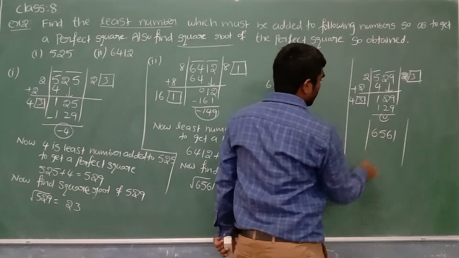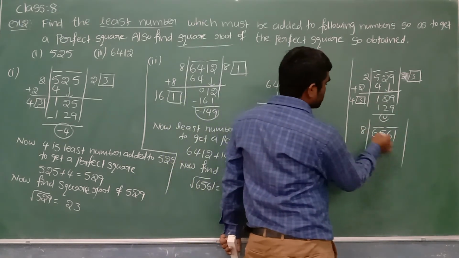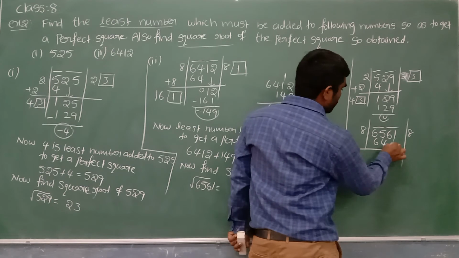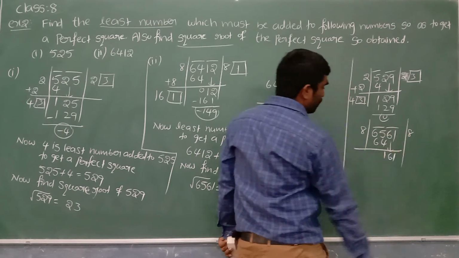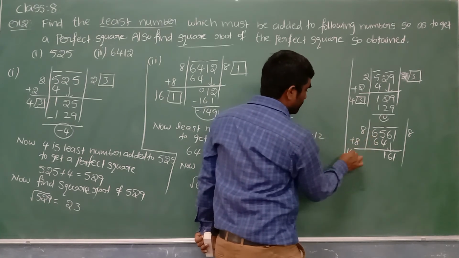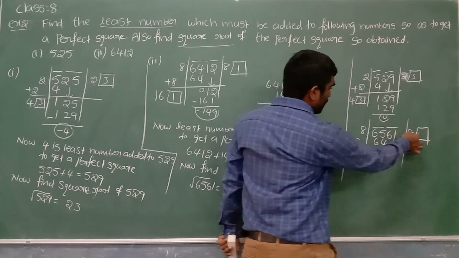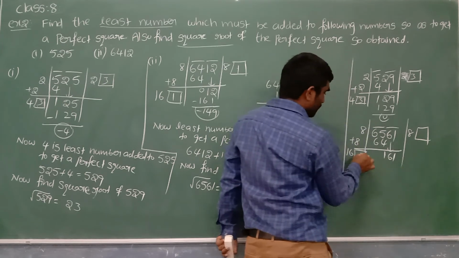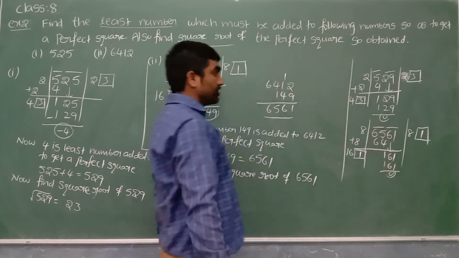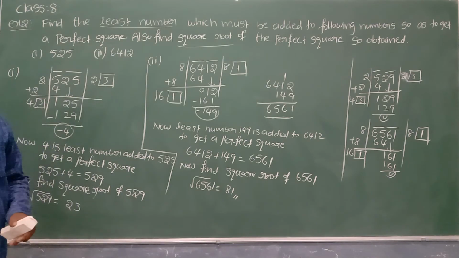6561. Keep two vertical lines. Place the bar from the ones place on every pair of digits. 65. The nearest perfect square is 8 8s are 64. We can see 5 minus 4, 1. Here 0. So below the second bar there is 61, right? Both at a time. Now this quotient 8 will add here. 8 plus 8, 16. Yes, we'll keep one box, even here also keep a box. If I add 0 into 0, 160 into 0 is 0. If I add 1, 161 into 1, yes, you can see 161. Now what is the square root? 81 is the square root of 6561.